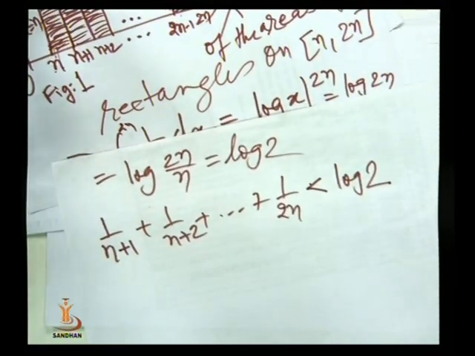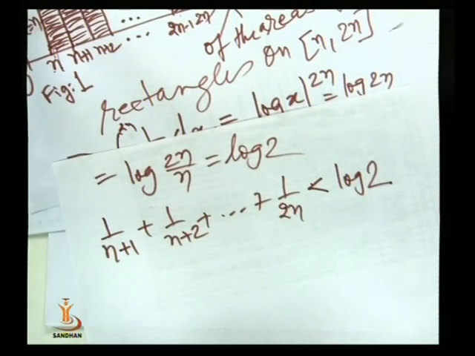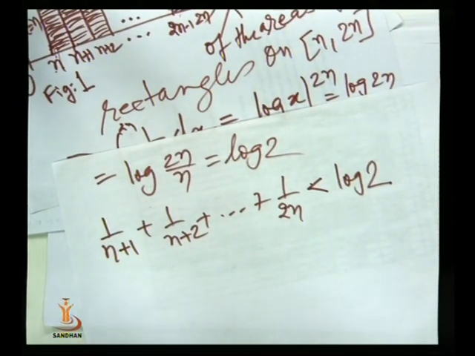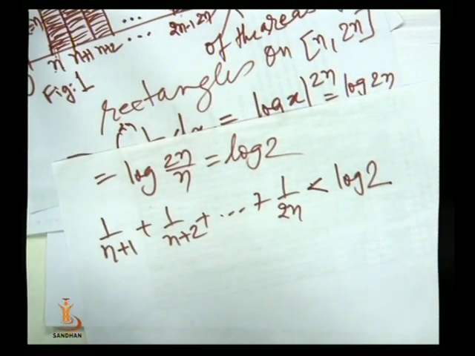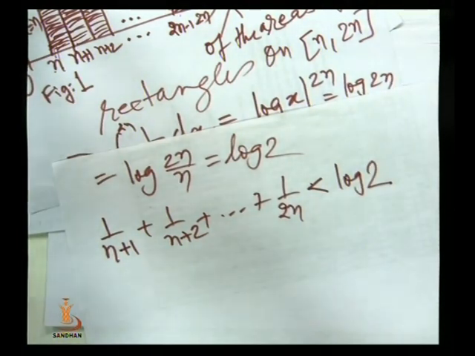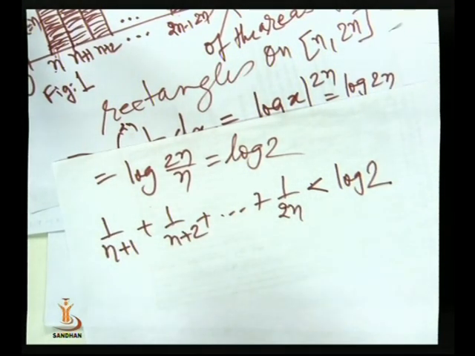So, you have upper sum and lower sum, and log 2 is sandwiched between them, and as the number of intervals increases when n tends to infinity, this increases, this decreases, and that gives the logarithm 2. So, here